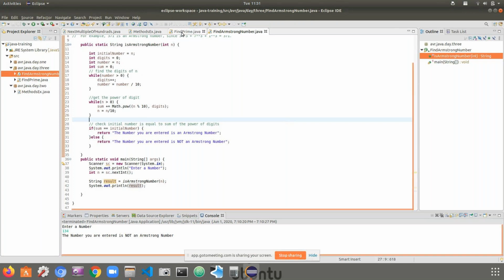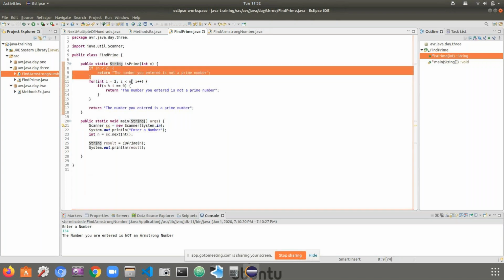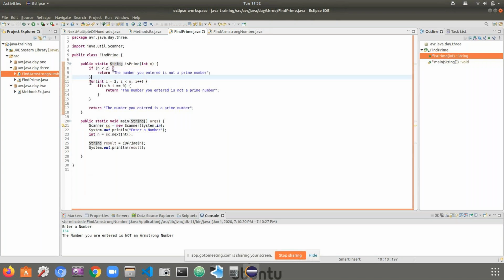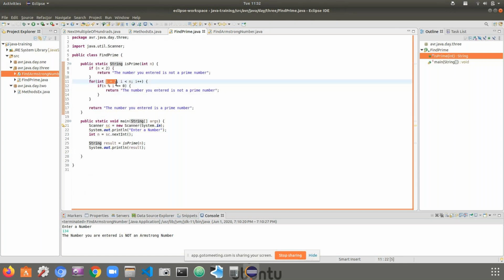Yeah. I check that if the number is 1 or 0, it is not a prime, therefore I check that logic over here. Then I use a for loop for the rest of the numbers, including 2, because I start here with i equal to 2.